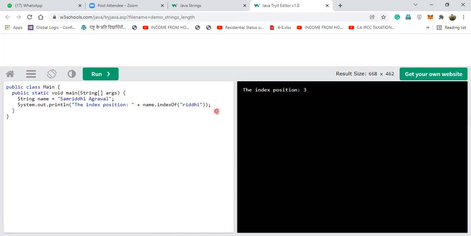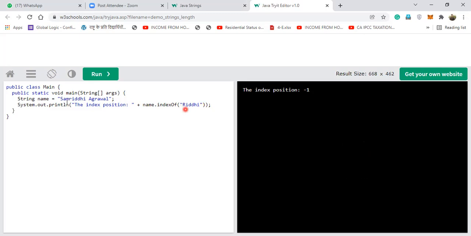What if I capitalize this? I think it will show an error. Error, though, it will not show. Let us see what it does. It won't show an error because this is -1. -1 means it is not finding the given parameter.